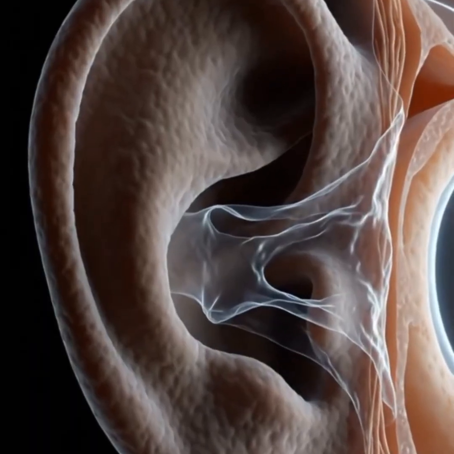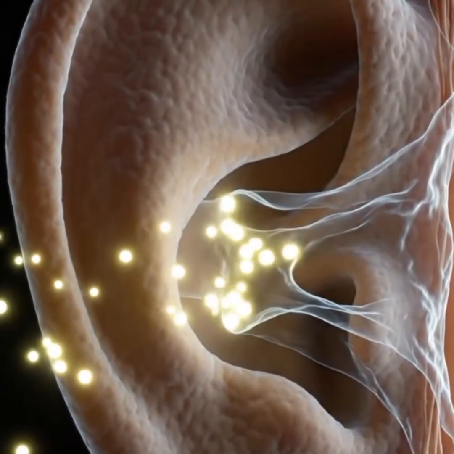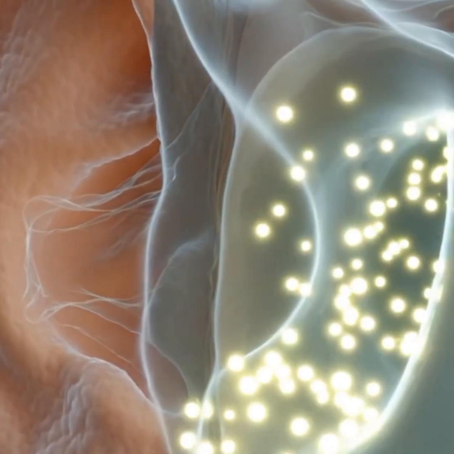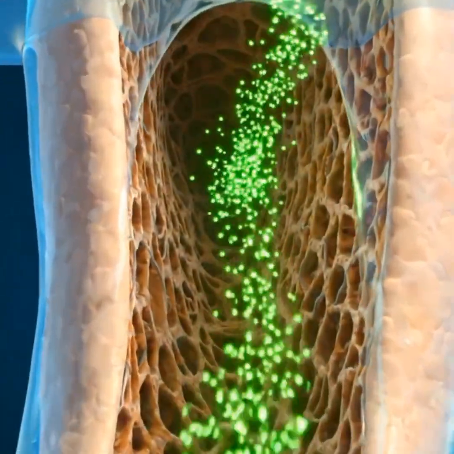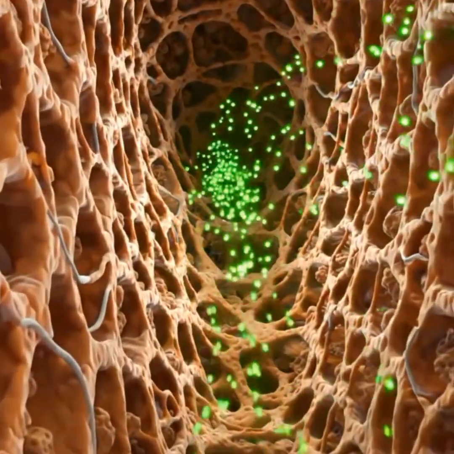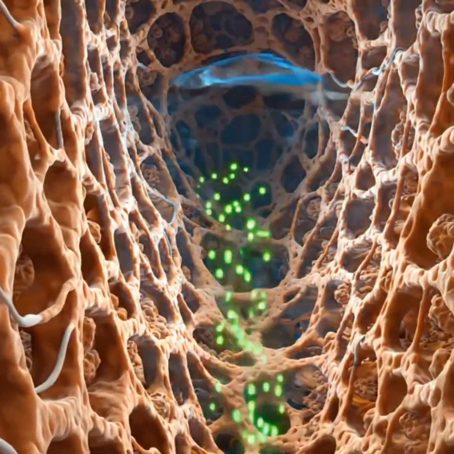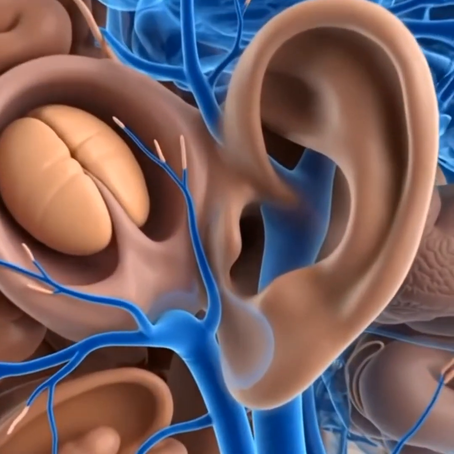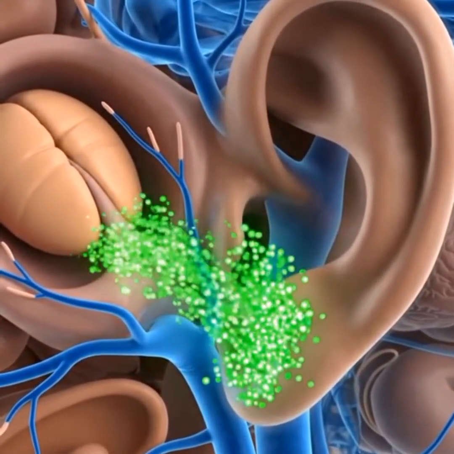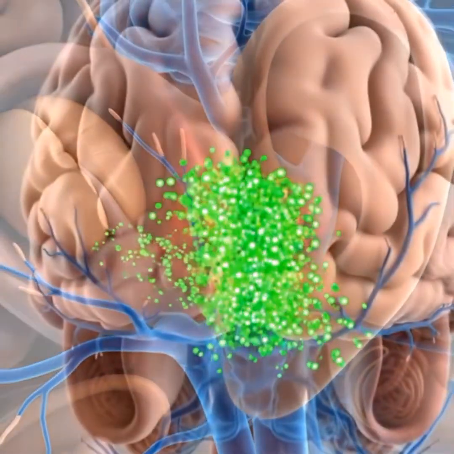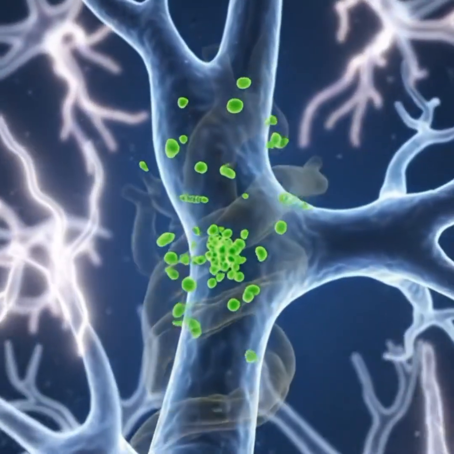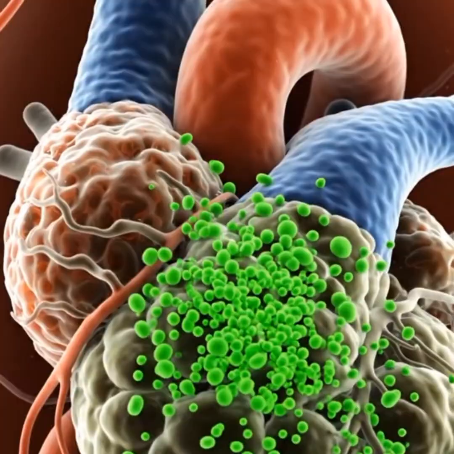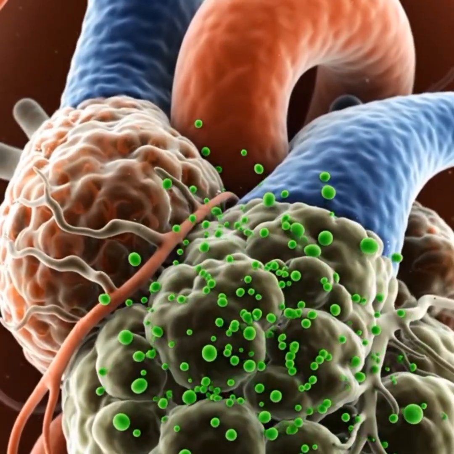The primary anatomical interface between the air-filled middle ear and the fluid-filled inner ear is the round window membrane. The green particles illustrate the movement of the inflammatory chemicals from the inner ear through the conduit and towards the brainstem, leading to meningitis. Once CCl2F2 achieves sufficient concentrations within the central nervous system and the cardiovascular system, it initiates a sequence of biochemical